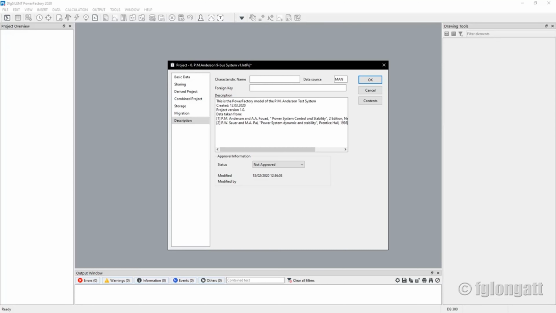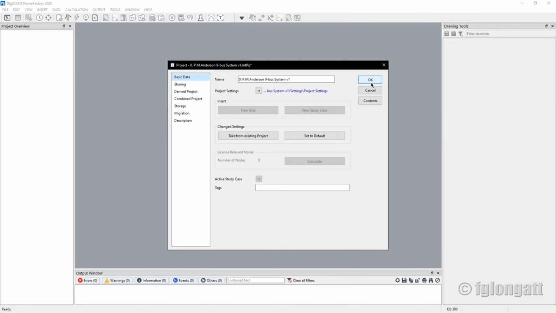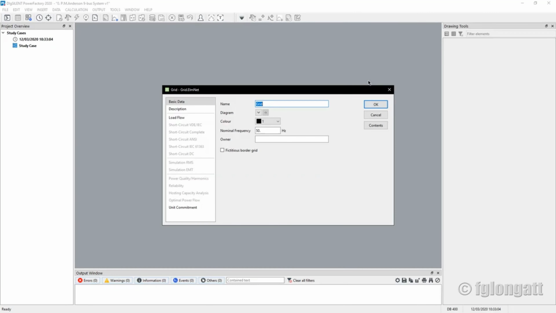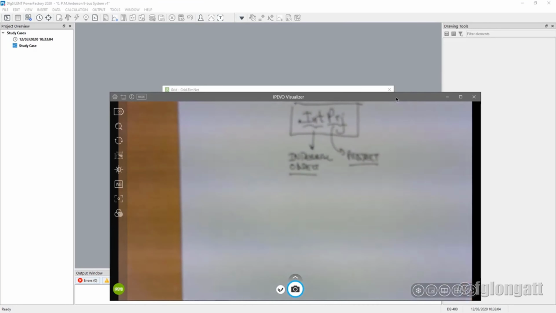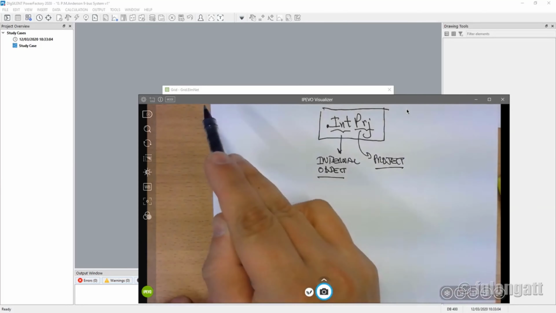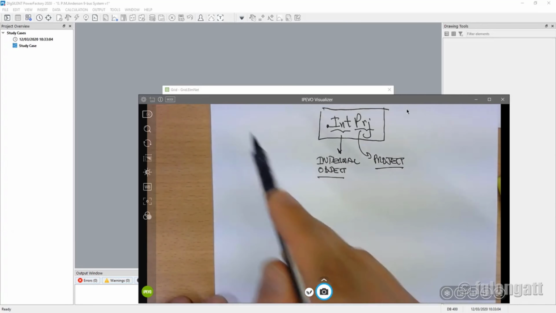Okay. When you complete all the data, you are able to say, okay, and now you can see that a new window appears. Okay, again, I need you to think about PowerFactory. I don't know if you can see the new window. And on the top of this new window, you can see over there